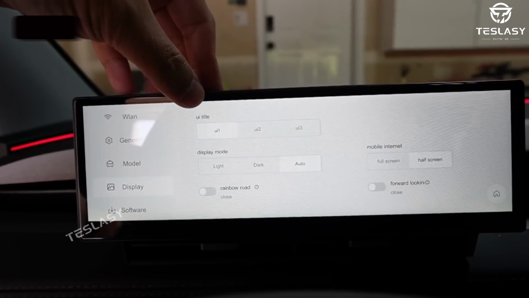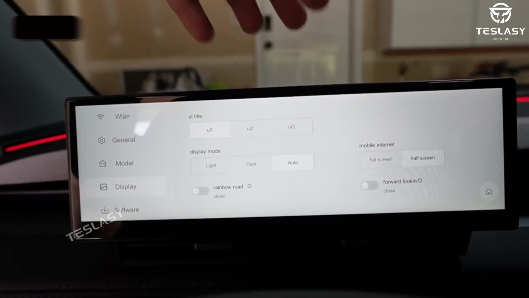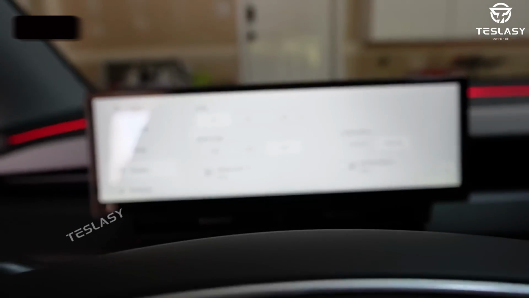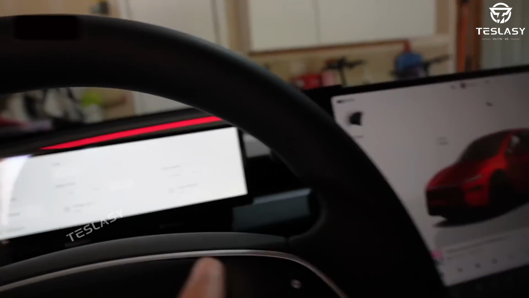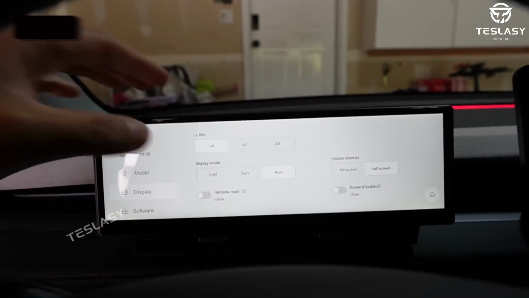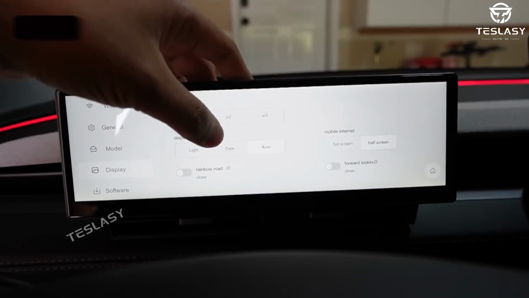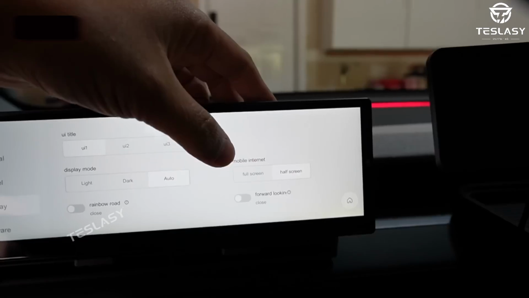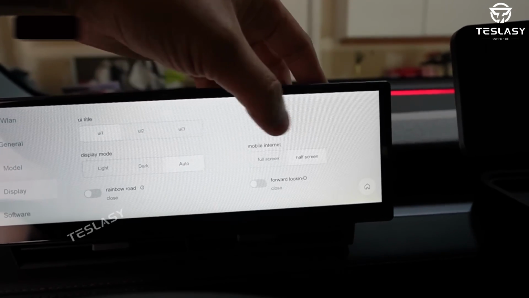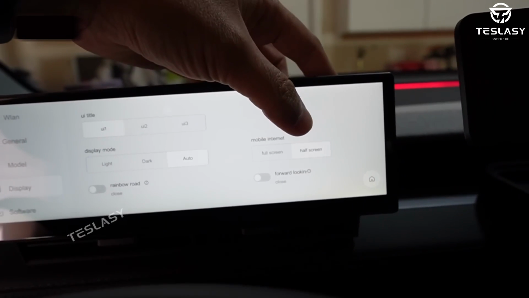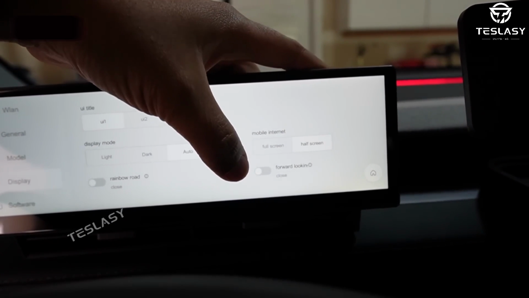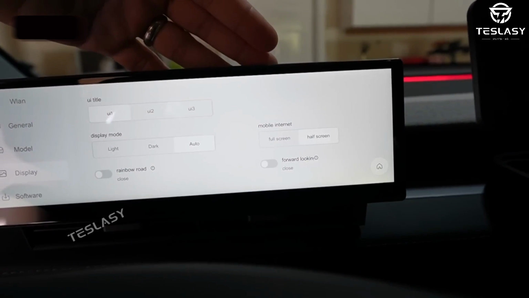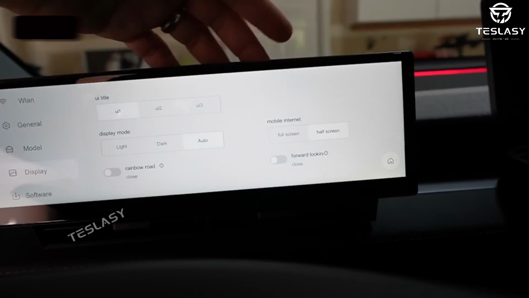You have UI 1 at the moment, UI 2, UI 3, so you have 3 different UIs, and the display has 2 different colors. So you can either select white, light, or dark, or just follow the main display. You can choose between Apple CarPlay full screen, or half screen. Forward looking means if you were to install the forward camera for the Model 3 Highland, you can just select to turn on,